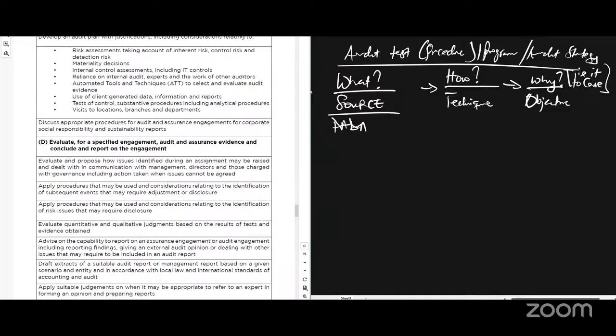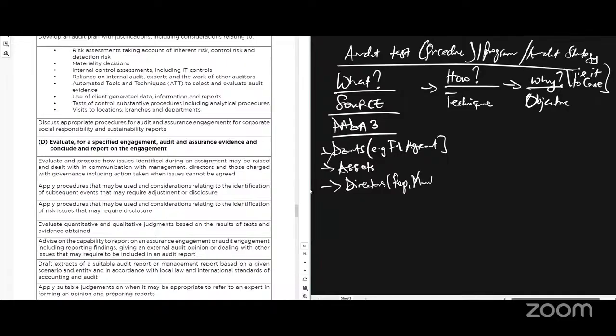So the sources of evidence we usually use are, first, documents. Example, the finance lease agreement I mentioned, vouchers, and a tenancy agreement if it has to do with rent. We have assets, so you can even go and physically inspect assets. They are evidence. We have directors. The directors can give you representation, board minutes, discussion notes, and statements from the CEO and the chairman. All these things are things you need.